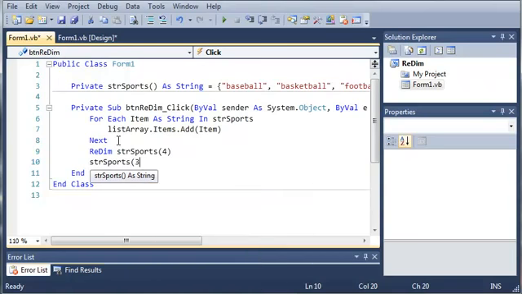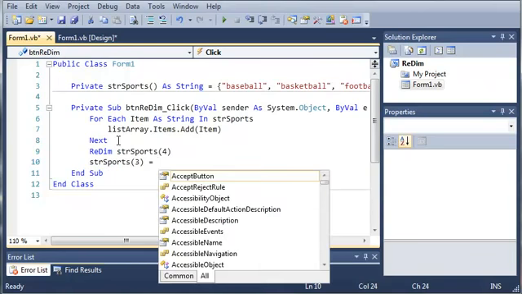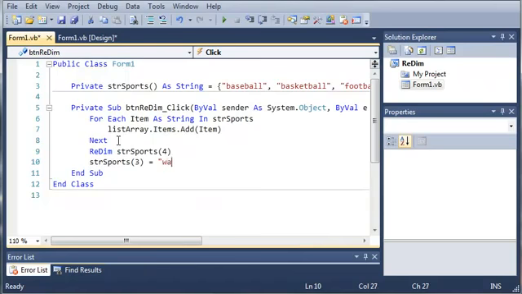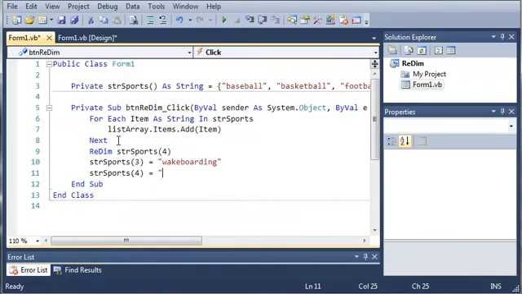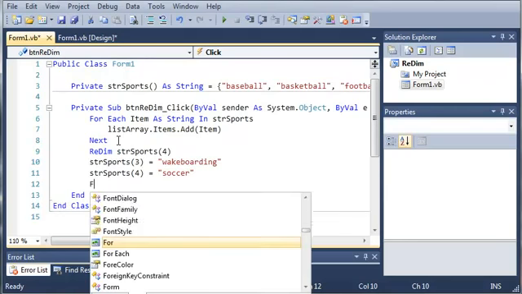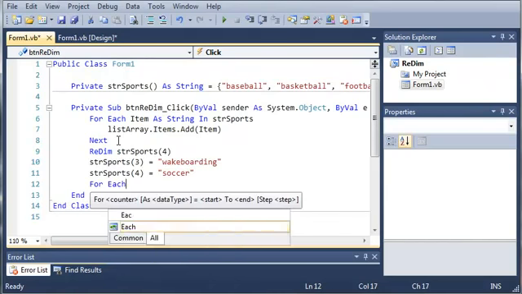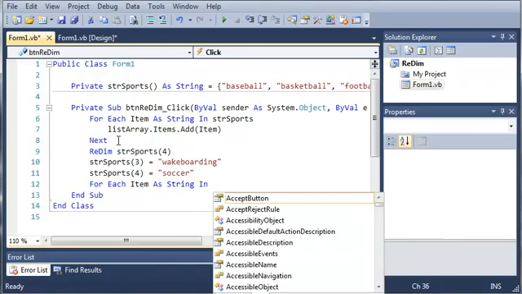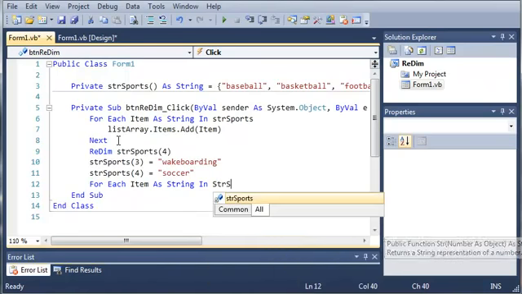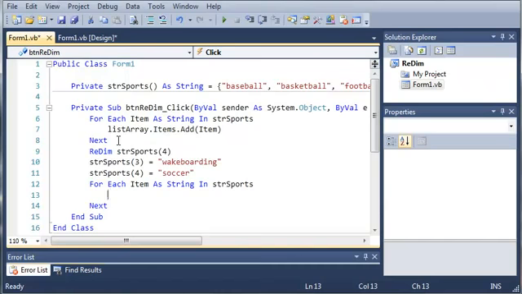And then we'll just go ahead and assign those to something. So string sports 3 is going to be equal to wakeboarding, and string sports 4 is going to be equal to, let's just do soccer. Okay, so now if we do another for loop, so for each item as string in string sports, we want to go ahead and type